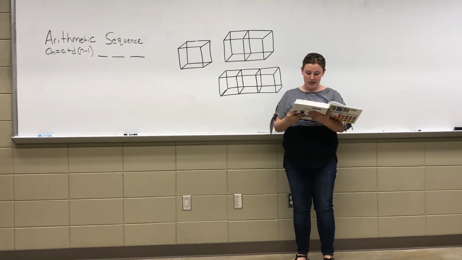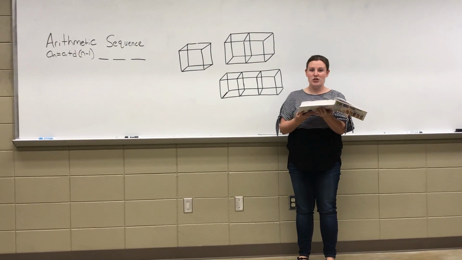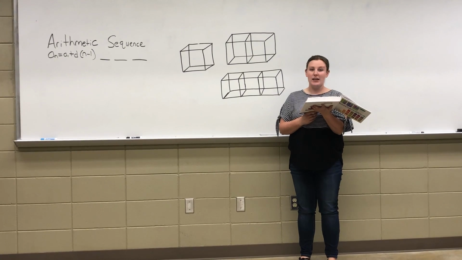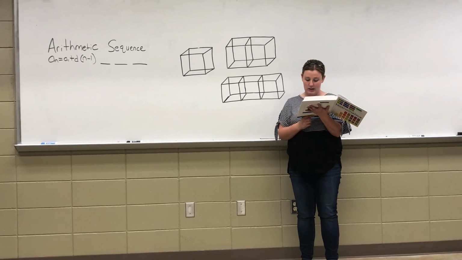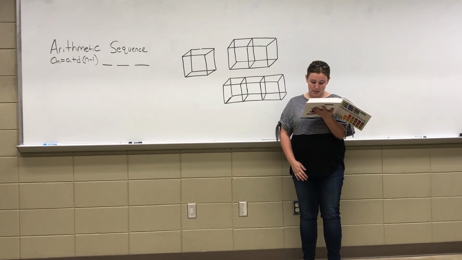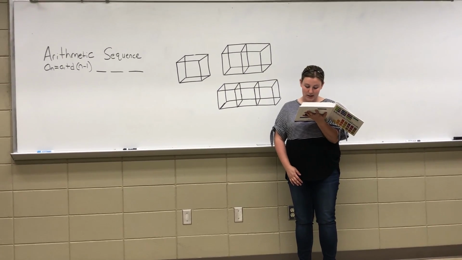book to page 31 and go to Assessment 1.2A, Question 7. And it reads, in the following sequence, the figures are made of cubes that are glued together. If the exposed surface needs to be painted, how many squares will be painted in A, the 15th figure, and